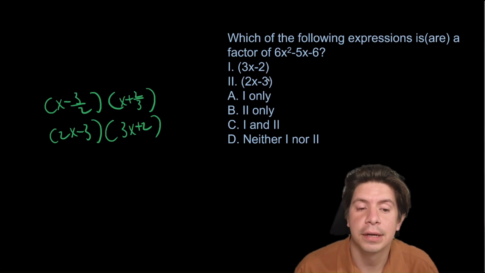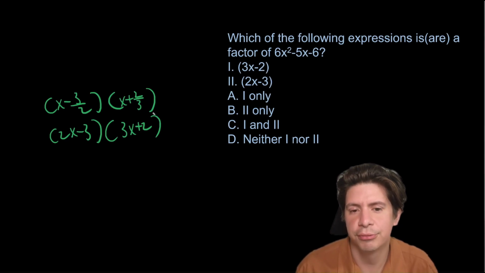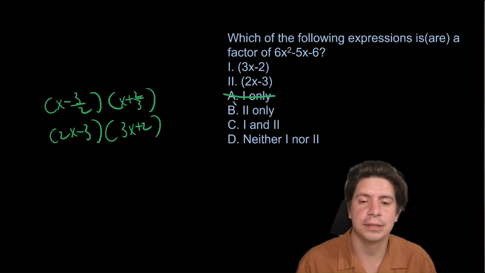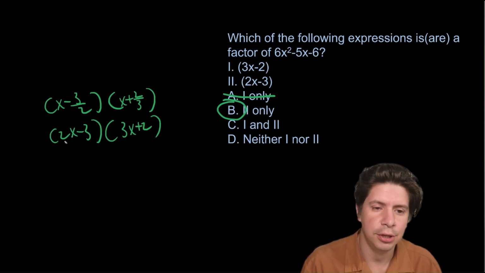And if we look at our answers, we have 2x minus 3 and we have 3x minus 2. So 3x minus 2 is the issue. It's not going to work. That's the negative version, but 2x minus 3 does work. It is a B. And if you wanted to test out to make sure this worked, you could do 2x